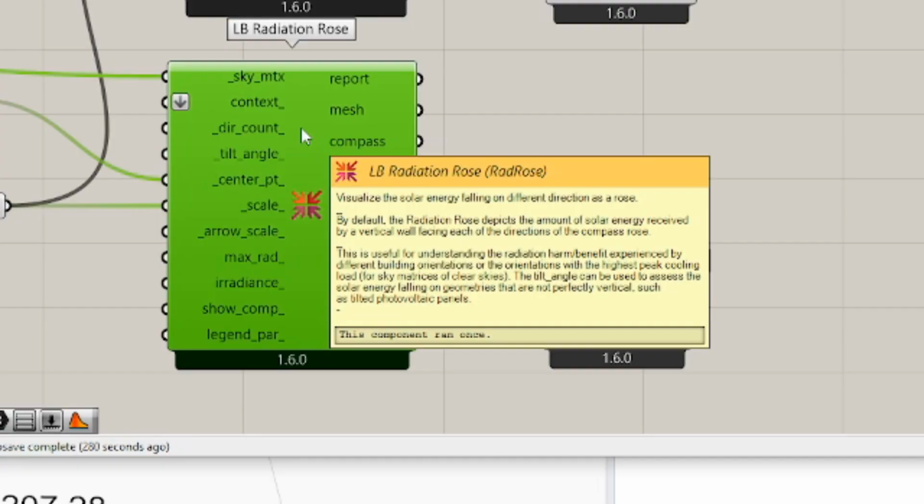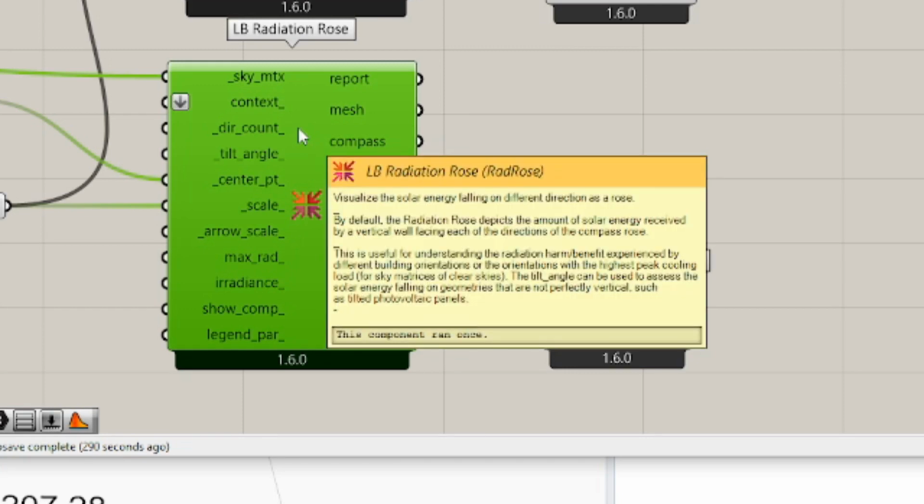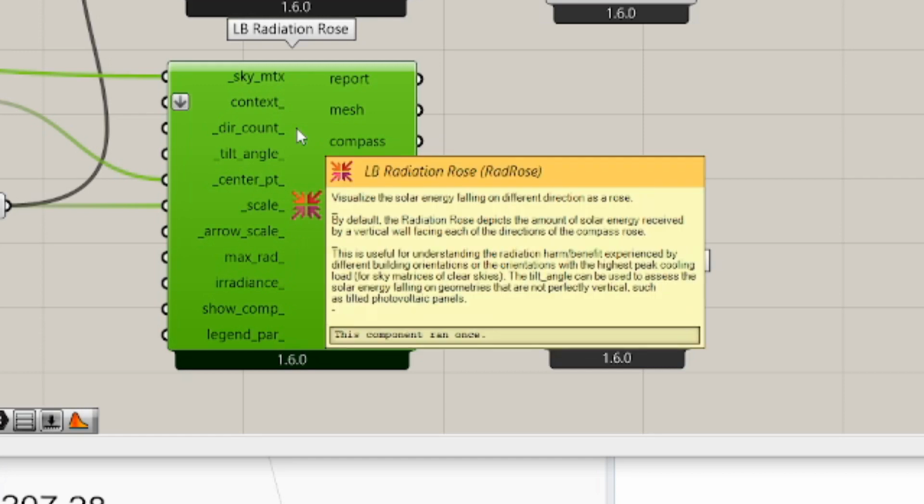Visualize the solar energy falling on a different direction as a rose. By default, the radiation rose depicts the amount of solar energy received by a vertical wall facing each of the directions of the compass rose. This is useful for understanding the radiation harm or benefit experienced by different building orientations, or the orientations with the highest peak cooling load for sky matrices of clear skies. The tilt angle can be used to assess the solar energy falling on geometries that are not perfectly vertical,